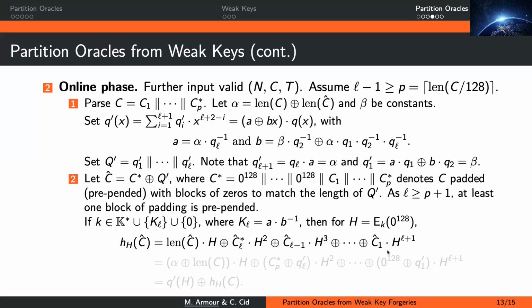That's just putting it into the definition of GHASH. And then the length of C hat, by construction, is equal to alpha XORed with the length of C,